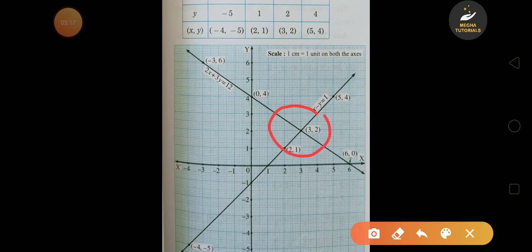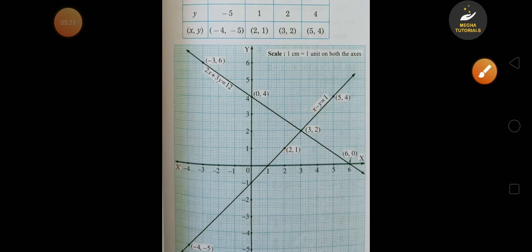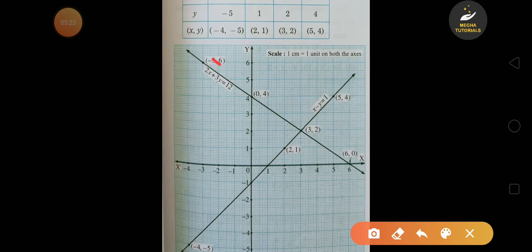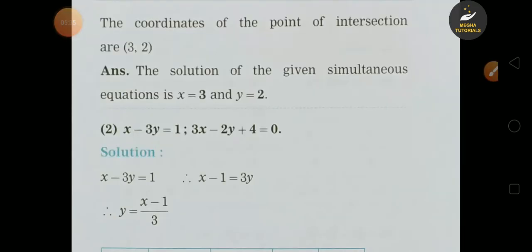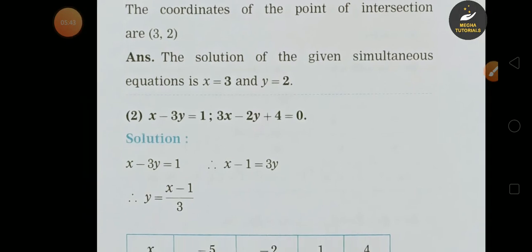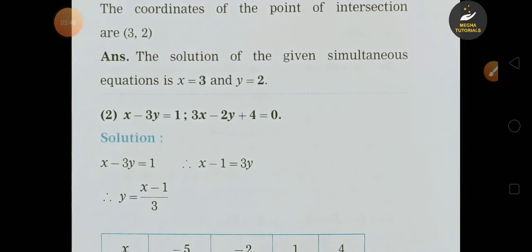So आपका आंसर हो गया, solution for the given equations is 3,2। अभी इसमें आपको एक प्रिकॉशन रखना है। ये जो आप देख रहे हो कि यहाँ पे उन्होंने लाइंस के इधर वो इक्वेशंस के नाम लिखे हैं, तो आपको वो इक्वेशंस कंपलसरी लिखना है, नहीं तो आपके मार्क्स कट हो जाएंगे। So you have to write the final answer in this way. The coordinates of the points of intersection is 3,2. Therefore, solution of the given simultaneous equations is x is equal to 3 and y is equal to 2.